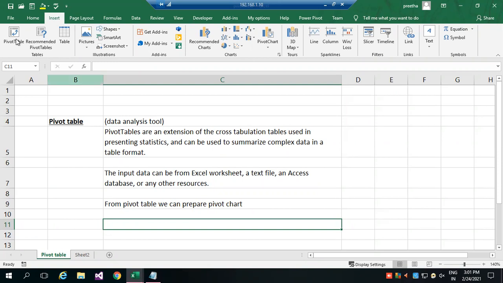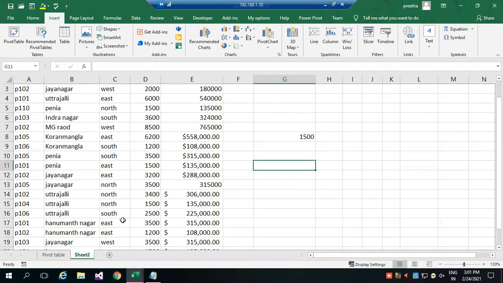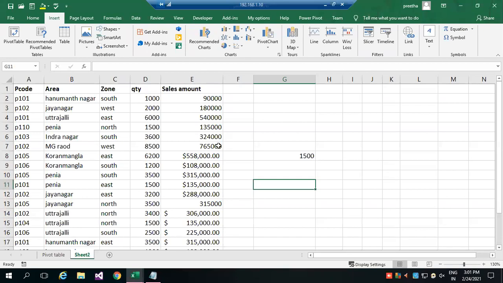So for all this, compared to all other spreadsheets, Excel is giving a powerful yet simple tool, the pivot table. Now, what is the use of this pivot table? From this, I want to get a particular analysis.